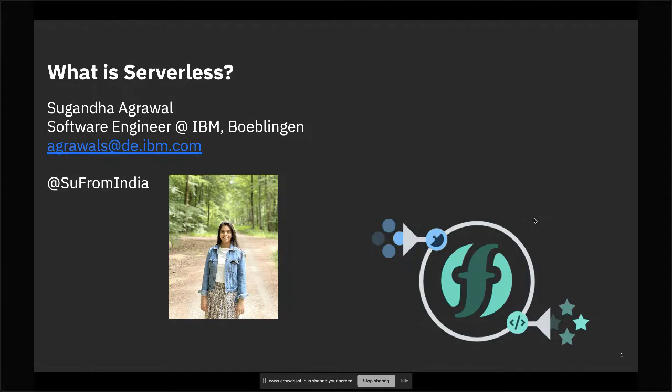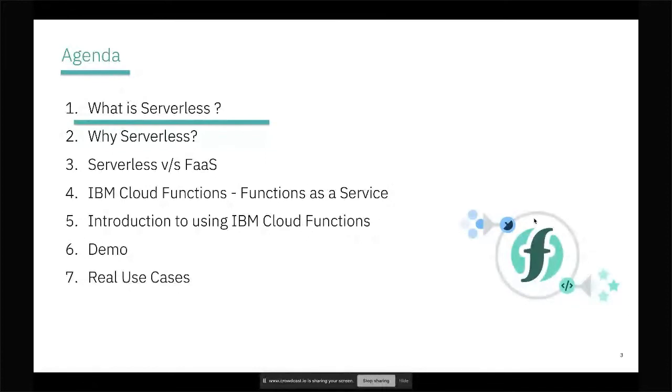Perfect. And as said, today's talk is about what is serverless. I'm going to give you a brief about what serverless is, why you should care about serverless in general, and what serverless versus function as a service is. IBM has an offering called IBM Cloud Functions, which is a functions as a service based on serverless architecture. And a bit about that in an introduction as well, what all we offer and how you can leverage that. We're going to do one very cute and small demo just to give you an idea of how fast you can get your functions to work. And in the end, I would like to touch base on what the real use cases are, what our current customers are using it for, and you get to know about the different fields where you can use